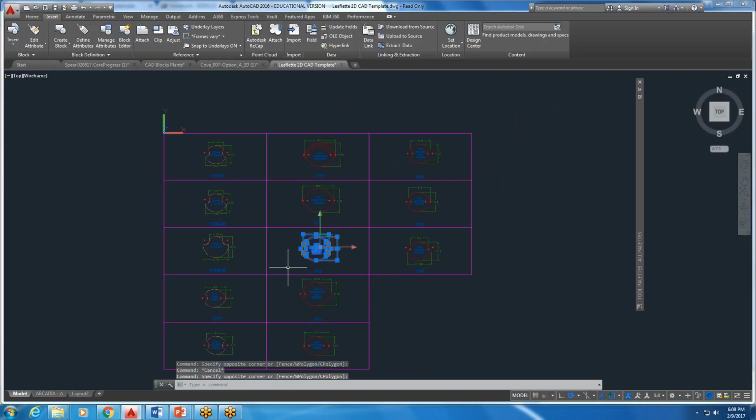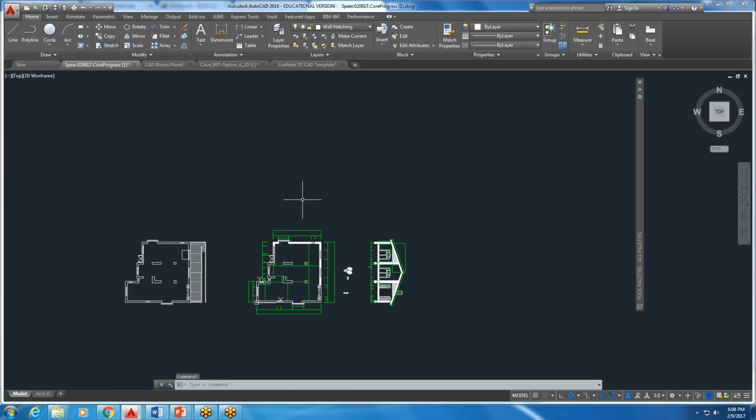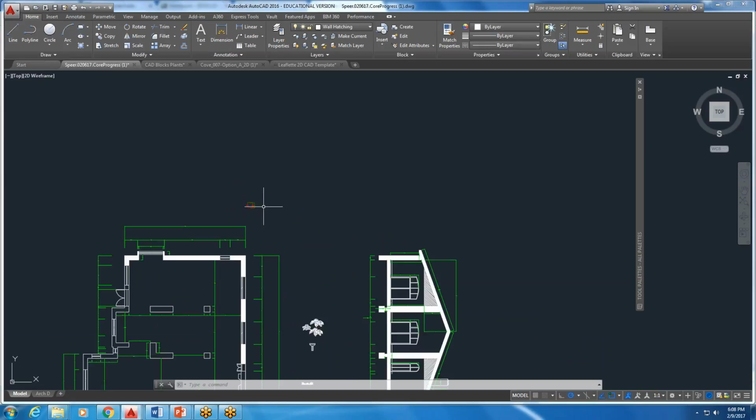So I could do this, and right now I'm hitting Control C on my keyboard. I could have gone home and I could have copied it up here using copy clip, and it says Control C up there. I could go back into my Shimane spear drawing and I could do Control V and then specify insertion, and look, they never set up their fancy insertion point. And then here's my bench. So I could do that,